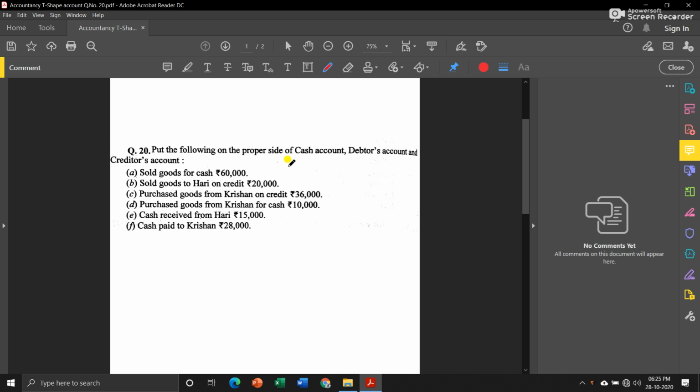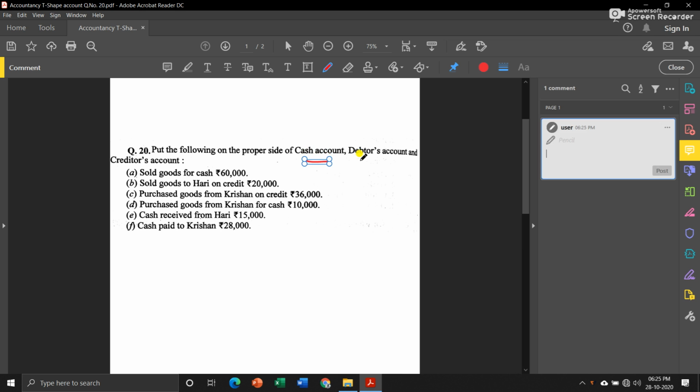And if you remember, under the modern approach we have seen that all the accounts are classified into five different types of account. Now if you see properly, both cash account and debtors account are asset accounts and creditors account is a liabilities account. So we will apply the rule of the modern approach, which says that if an asset increases it will be recorded on the debit side, and if it decreases then it will be recorded on the credit side. And for liabilities the rule was, if it increases it will be recorded on the credit side, and if it decreases it will be recorded on the debit side.